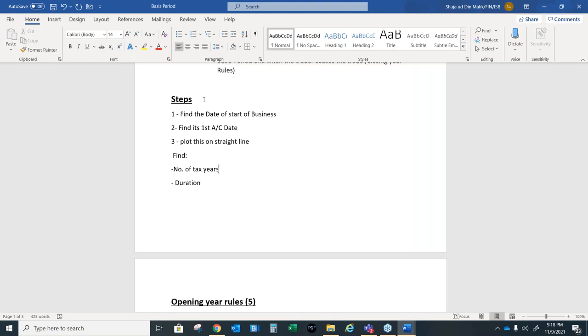And you have to find two things. Number one is the number of tax years in the first accounting period, and the duration of that period. From the date of start of business to its first accounting date, as I explained in the previous session, both of these make the first accounting period. So if I assume a question for you people,